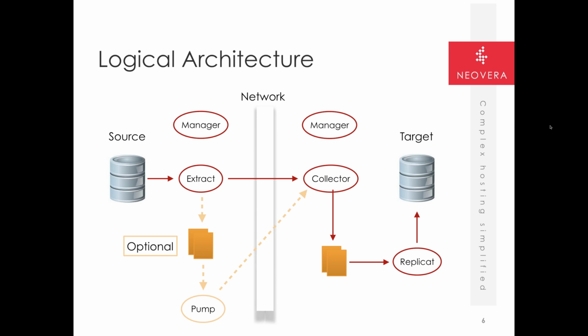If you're not familiar with Golden Gate, this is a pretty standard logical architecture of how this could be laid out. You have a source database. One of the processes that runs on the source and the target side is a manager. That's what does the communication setup, the ports for communication across the network. There's an extract process which is responsible for getting all the transactions from the source database and saving those, in this case in the optional diagram flow, to what they call a trail file. Basically, it's a file of every single transaction, what type of transaction it was, and the data needed, either before images or what was actually changed, so that it can go over to the target side and be applied. That process is called a pump, which reads that local trail file and ships it to the target side. That is an optional process, so you could actually go from source straight over to target and have the target